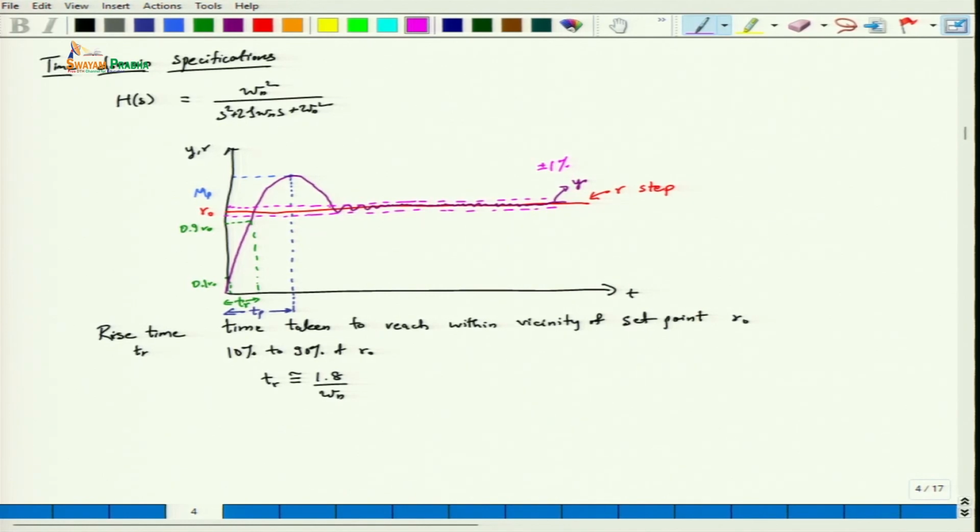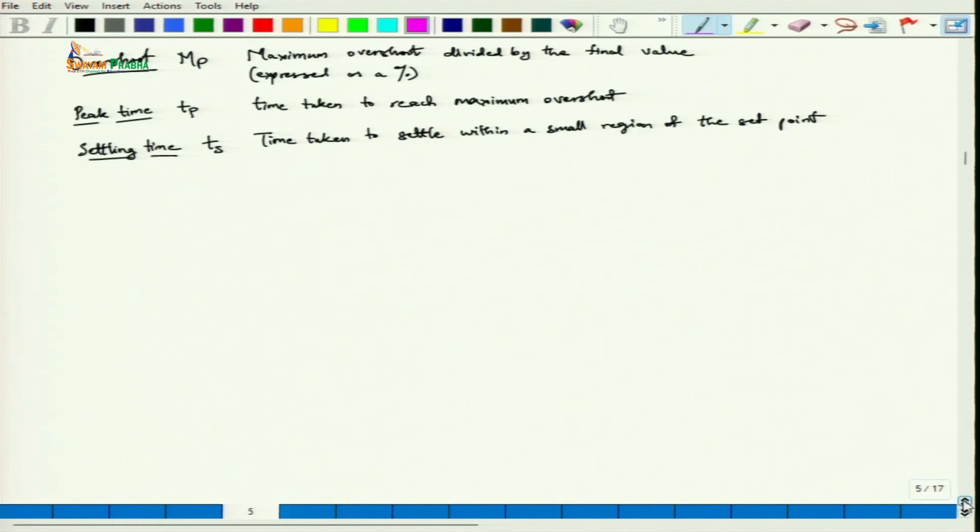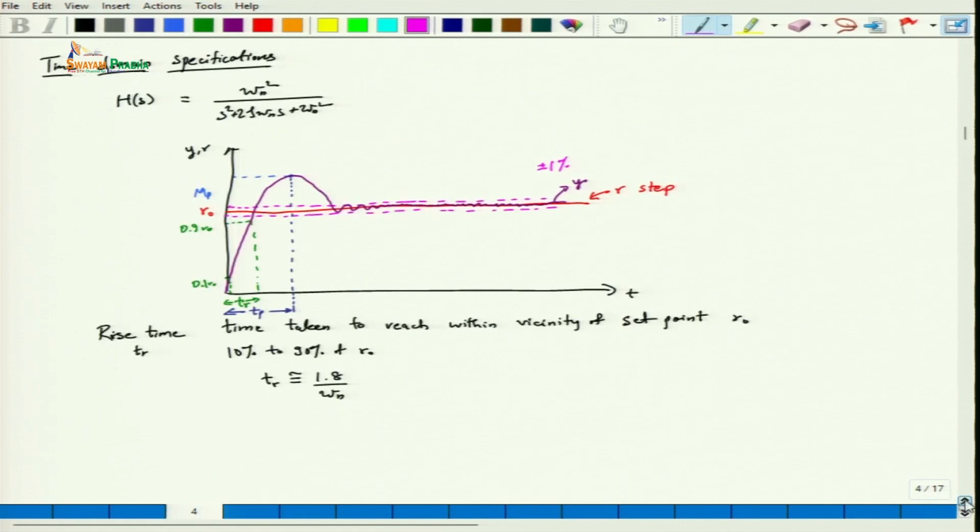So basically Ts, that is our settling time for the 1% case, will be the time within which it settles within 1%. For example, say this is the first point where it goes within this 1% and then continues to stay within that 1%, then we'll just consider